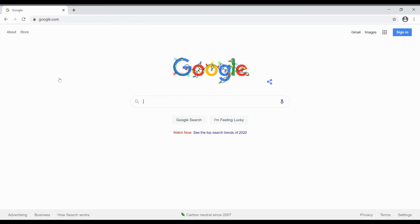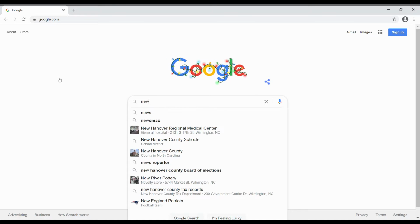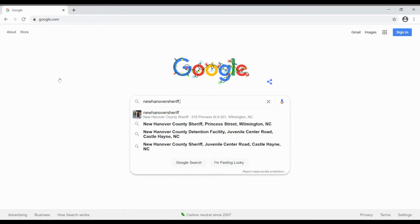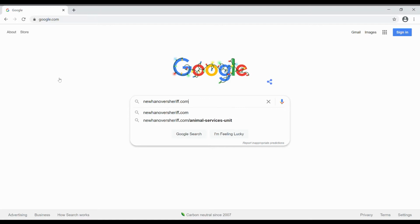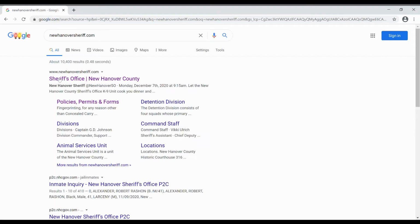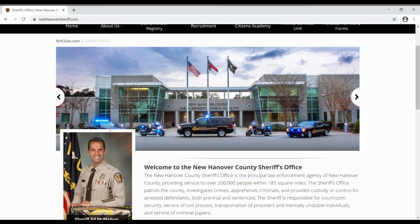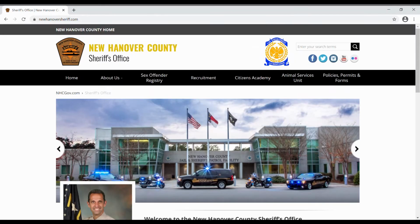You first need to go to newhanoversheriff.com. It should be the first one at the top of the Google selections. You will see a picture of our sheriff on the screen, and you will go appropriately to where it says